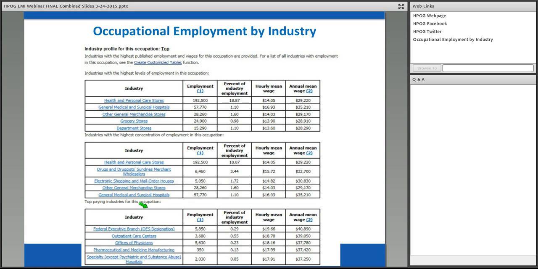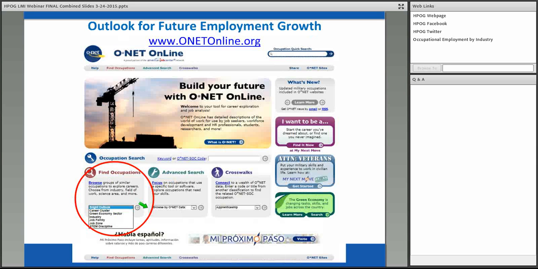Then there's some lists of top paying metro areas and other data for non-metro areas, because as Josh mentioned, sometimes data for rural areas is sparse, but they do show the highest employment levels, concentration and location quotient, and top paying non-metro areas. However, one thing you cannot find on the occupational employment statistics page is employment projections for the years ahead. That's a different section of a different program within the Bureau of Labor Statistics.